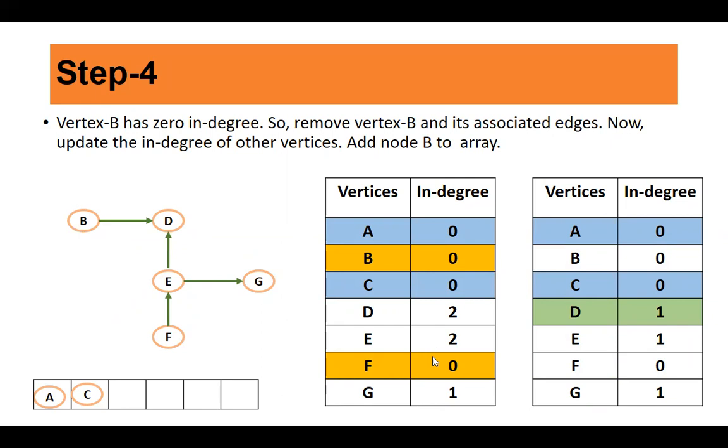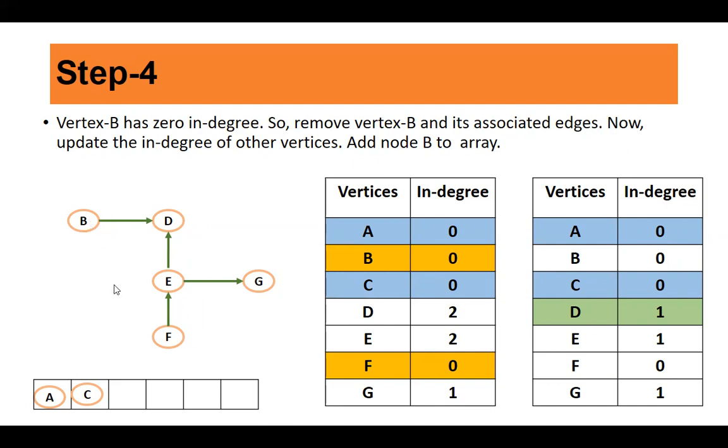Now here you have two options. Now vertex B also has in degree 0 and vertex F also has in degree 0. So you can select any one of them. If you select B, you will have separate ordering. If you select F, you will have separate ordering. So here itself, you will have two orderings, topological ordering of the graph. So let us start with B. So what we do, we select B. So if you select B, which is the vertex associated with B is D, right?